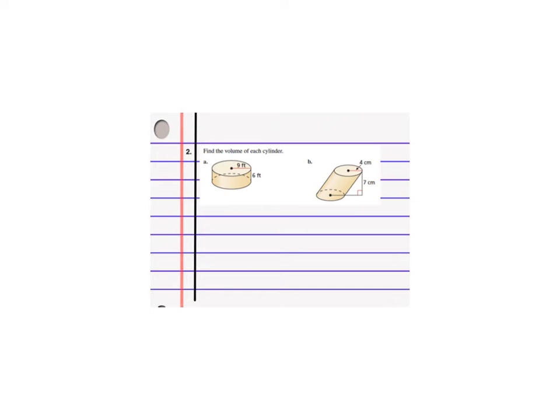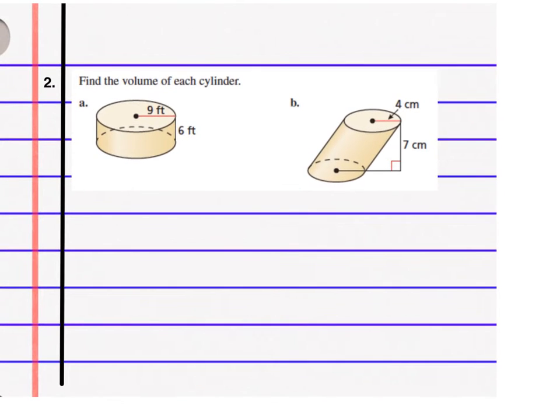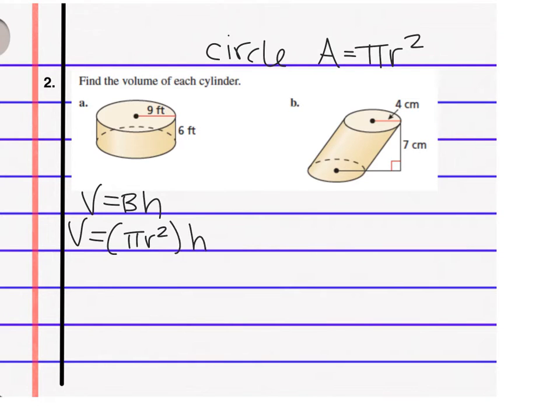All right, now we're going to look at cylinders. So cylinders are the same formula, base times height. Remember, the base is a circle. The area of a circle, the formula for that is pi r squared. So here, my base, I'm going to change that to pi r squared. And if I look here, the radius is 9. So pi times 9 squared. The height from base to base is 6. So sometimes we'll leave the answer in terms of pi, like we'll do 9 squared, 81 times 6. Sometimes you'll multiply it all out. If I do that, I'm getting